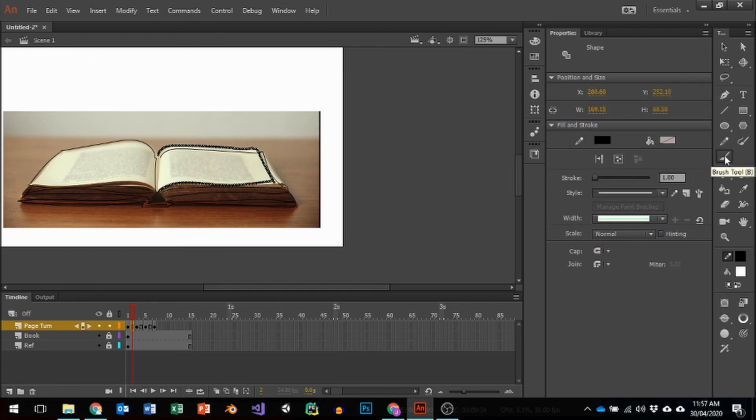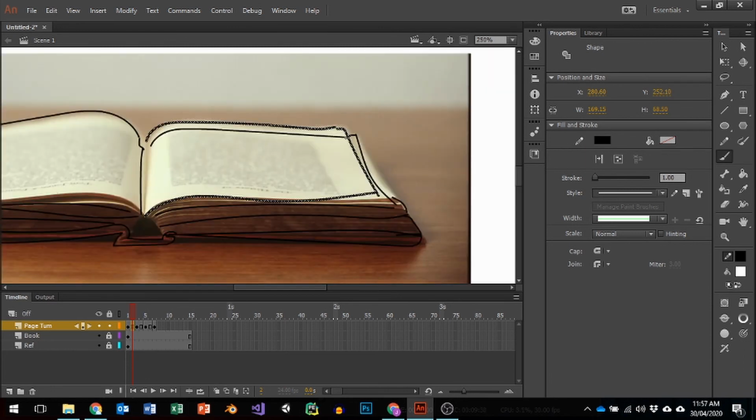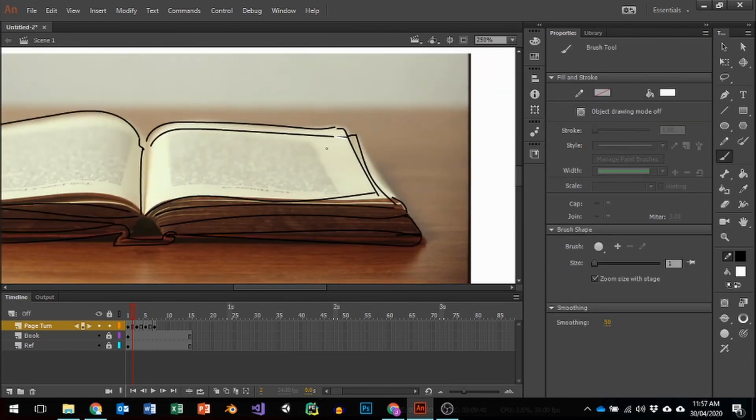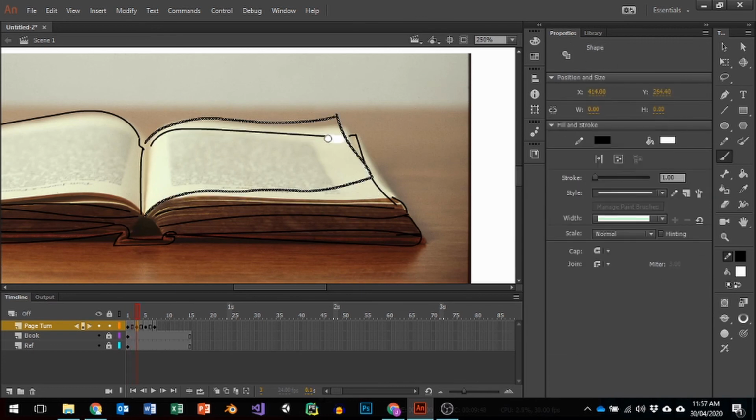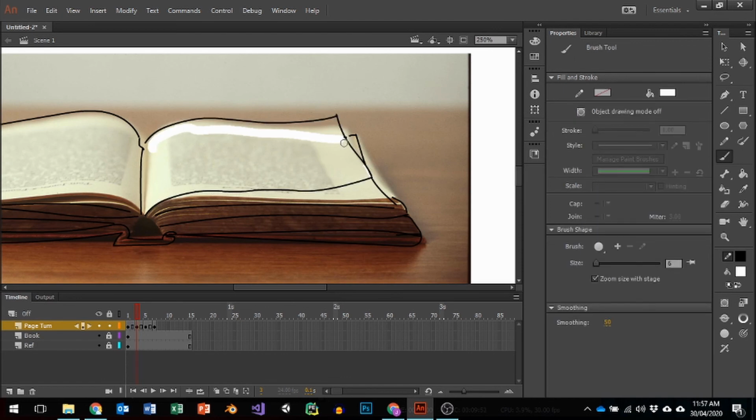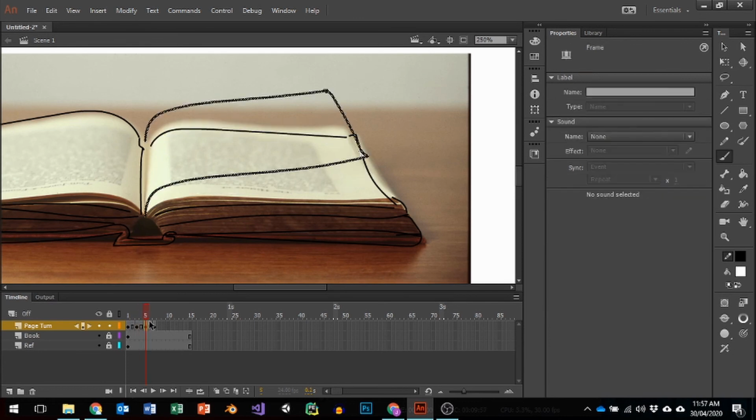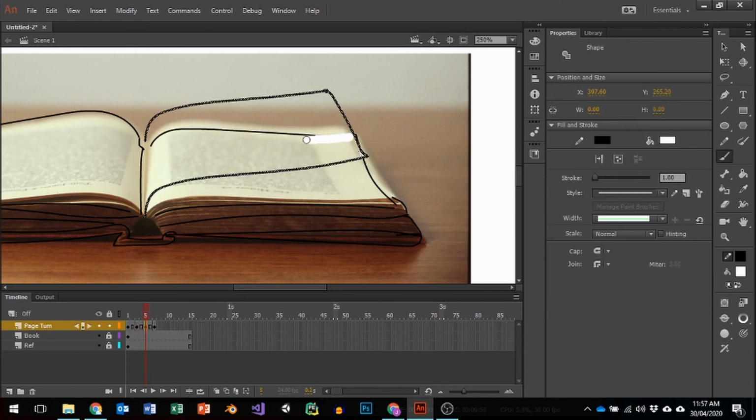I'm going to use the brush tool, and all I'm really going to do is brush over that layer with a bit of white. And of course, once I remove this background image, it won't be too hard. It will not be noticeable. So all I'm really doing is